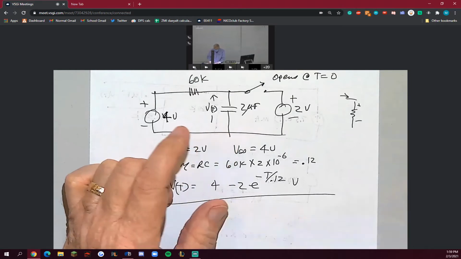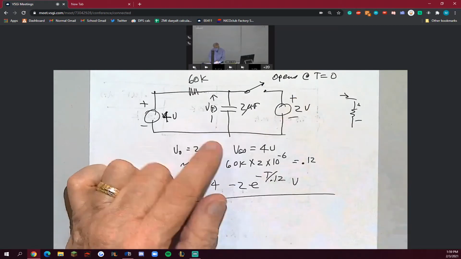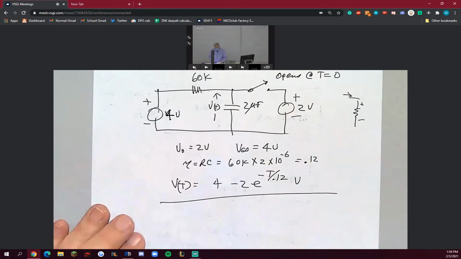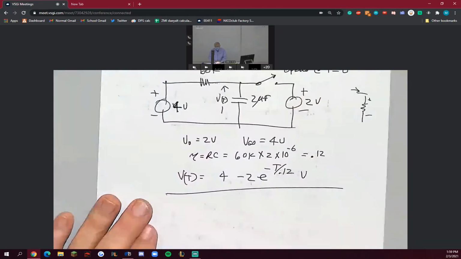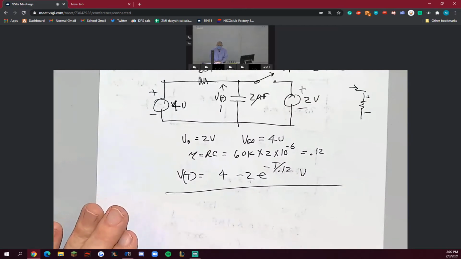I mean, we could invert it if you wanted, and then we would say that V of t is minus 4 plus 2 e to the minus t over 0.12. We would just end up inverting what we've calculated. Yeah, take a look at it. That's something that was defined early in the book,